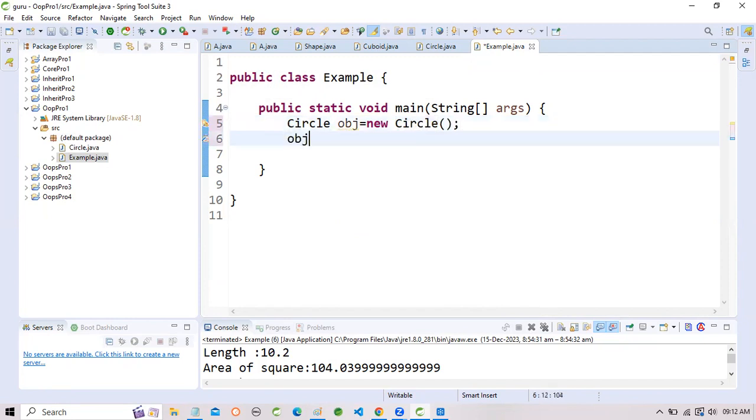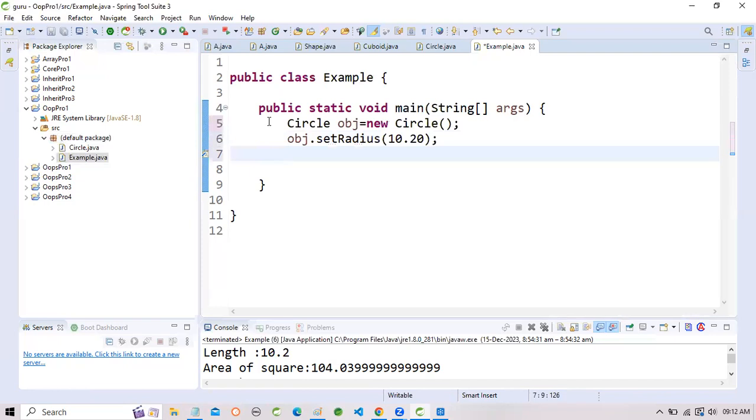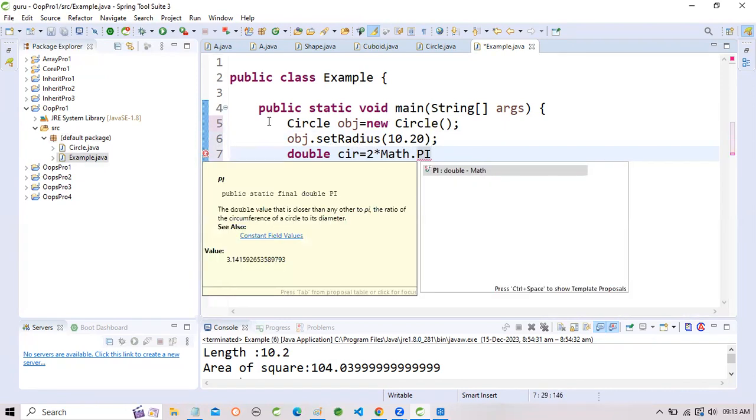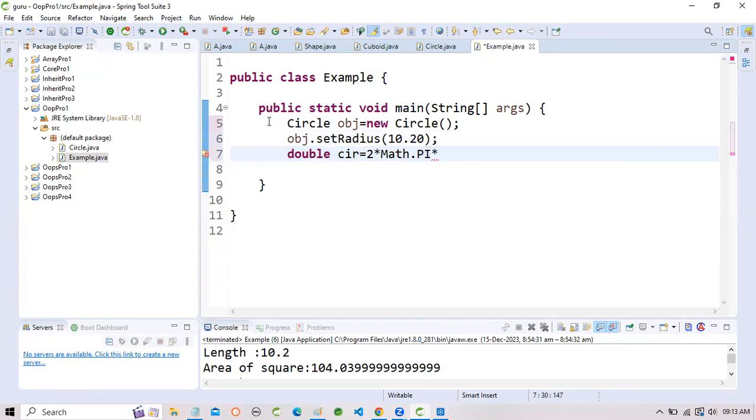Okay, obj.set. With the set function, we can set the value of radius, and after that we can find out the circumference, like 2 into Math.PI into